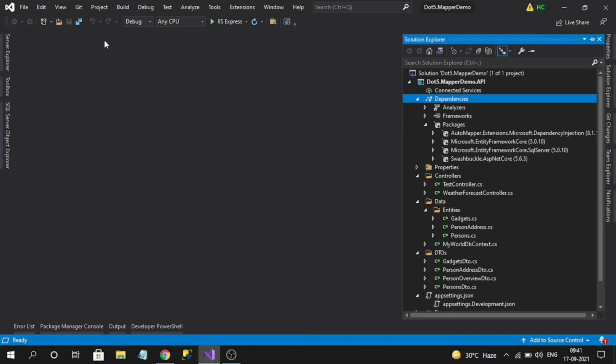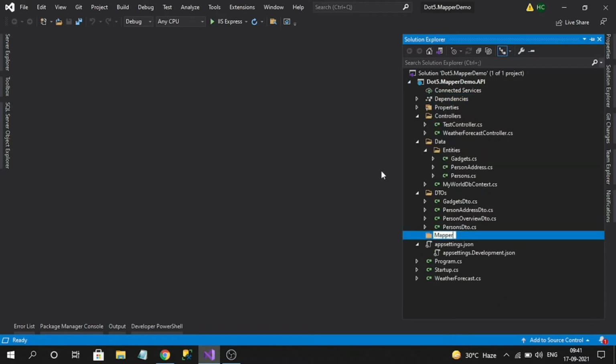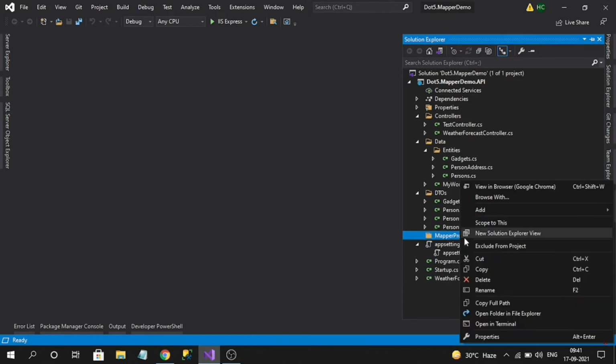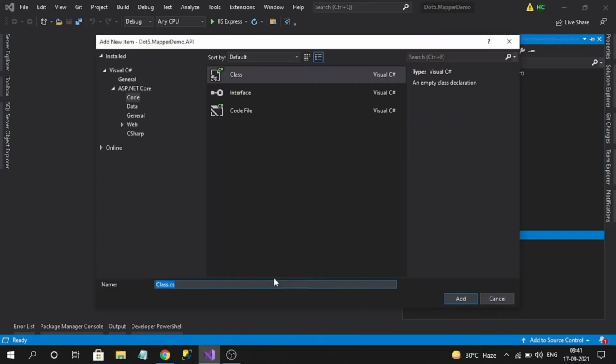First, let me create a folder called MapperProfiles. In this folder, let me add a class called AppProfile.